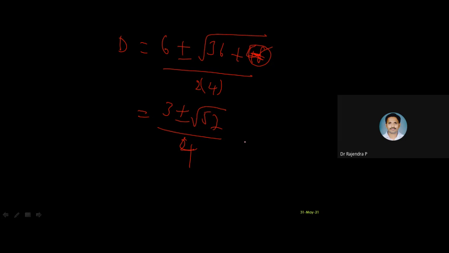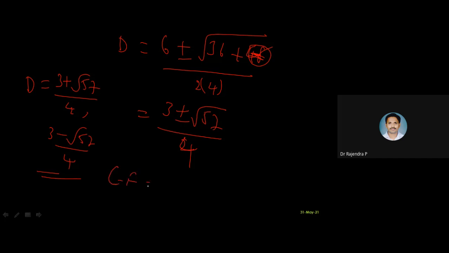So I'm happy because I can't do all this calculation. So now, can I tell that these roots are imaginary roots? No, right? So one is plus, another one is minus. So here 2 real roots are there. 3 plus root 57 by 4 is one, another one is 3 minus root 57 by 4. These are real roots only, but distinct roots. One is with plus, another one is with minus.